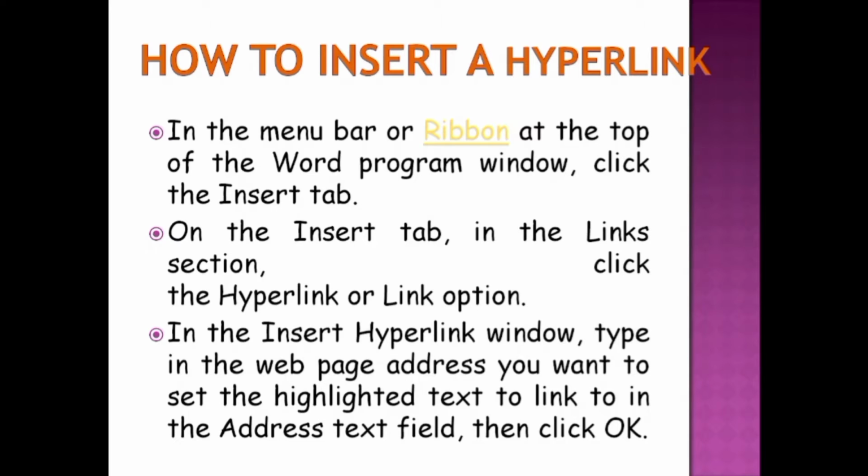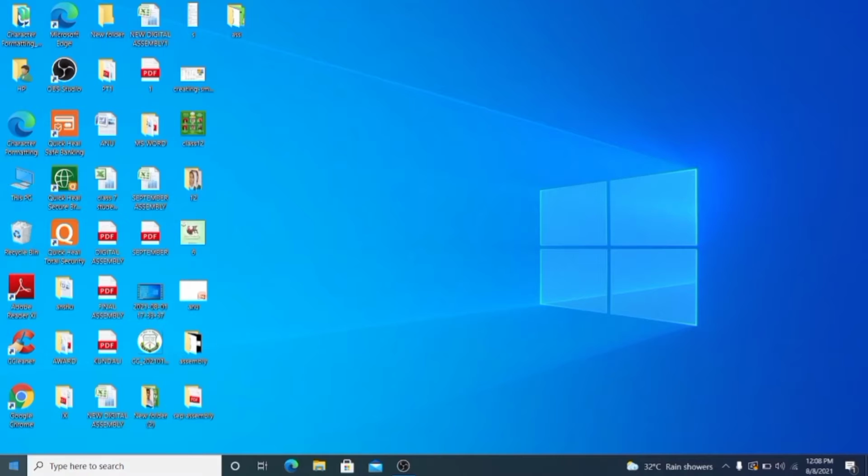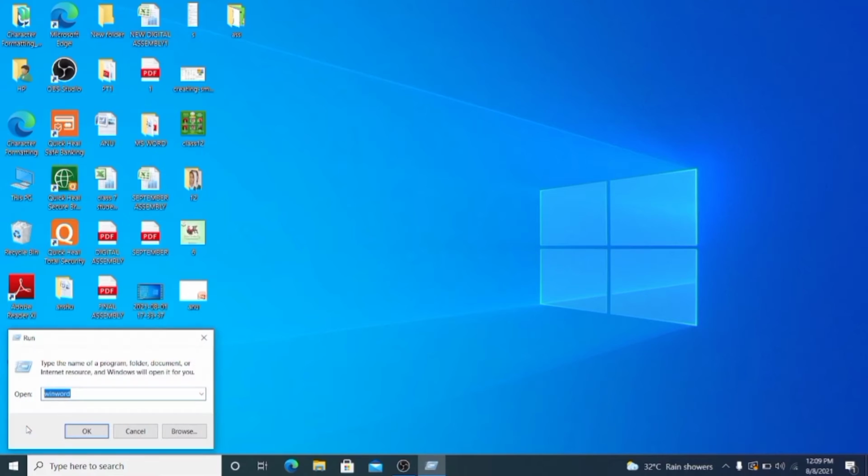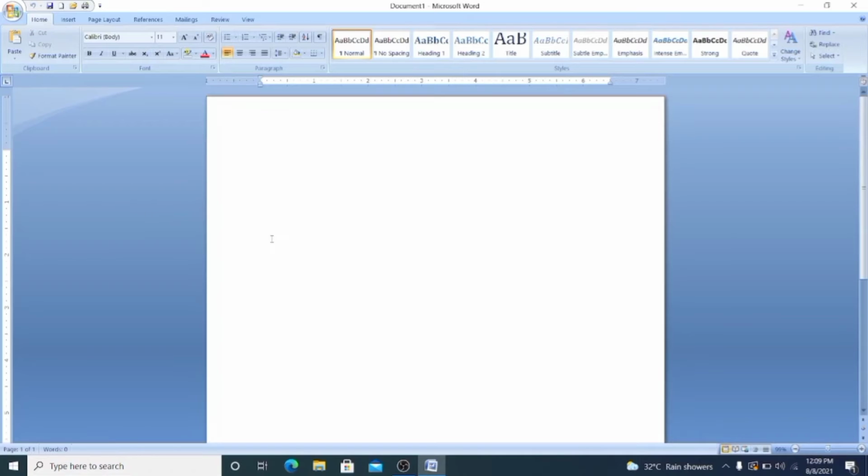So for further practical work, we will move to our MS Word window. Now, if we want to perform the hyperlink operation in MS Word, first we have to open our MS Word document. We already know that to open MS Word using the Run menu, the shortcut is WINWORD. We type WINWORD directly and click on the OK button. Once we click on OK, the entire screen of MS Word will appear on your screen.